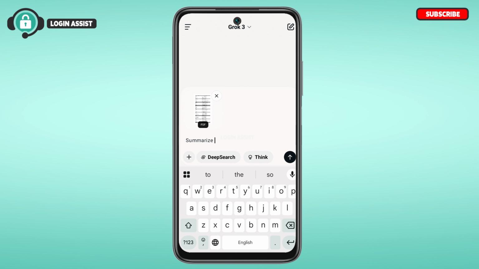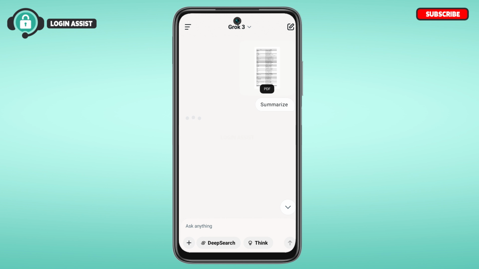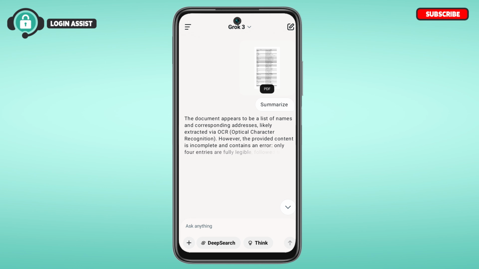Now after that, what you have to do is tap on the arrow icon that you can see on the screen. Now you can see over here the file has been uploaded. Wait for a while and Grok will respond to you. So like this, you'll be able to add or upload files on Grok. So that is how you add or upload files on